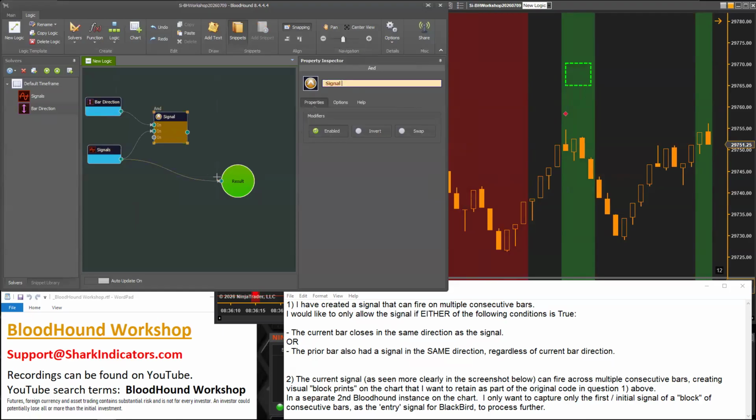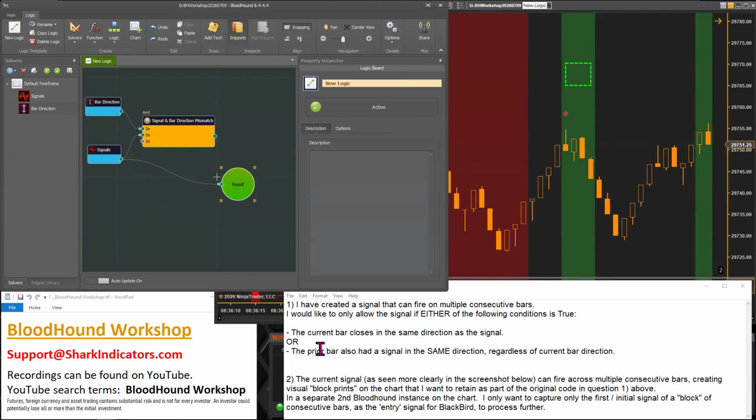There we go. All right, so this is the signal and the bar direction mismatch. So that's question number one. All right, question number two here. Because we do have two consecutive signals in a row, the signal is allowed to get through regardless of the bar direction. So to do that,